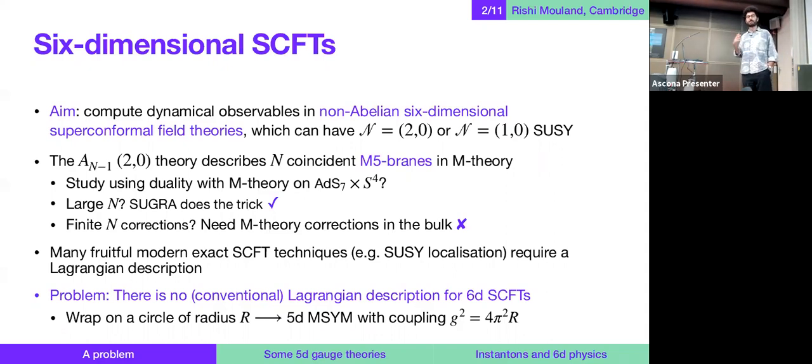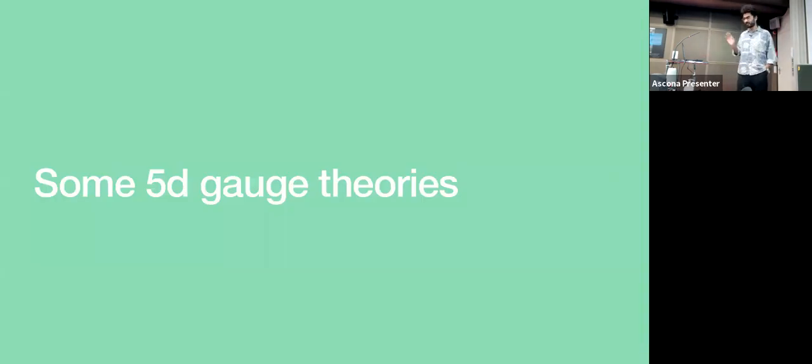And there are indeed proposals that these 5D Lorentzian gauge theories can be useful even to probe the UV dynamics where this M theory circle unwinds. But it's still not clear to see how, practically speaking, you can use this to compute observables in this unrolling limit. So now, like I said, I want to change gears slightly and talk about some 5D gauge theories,